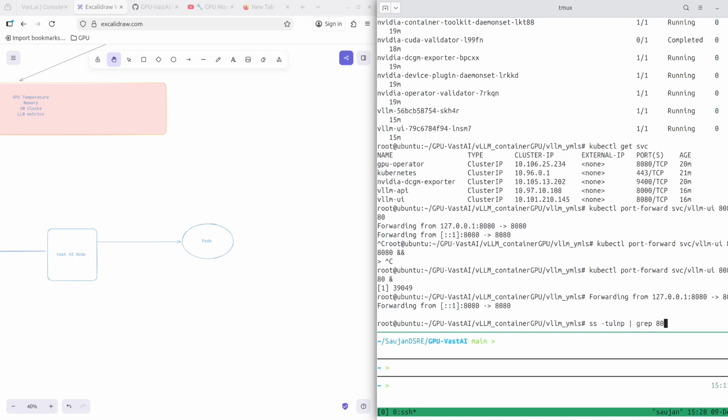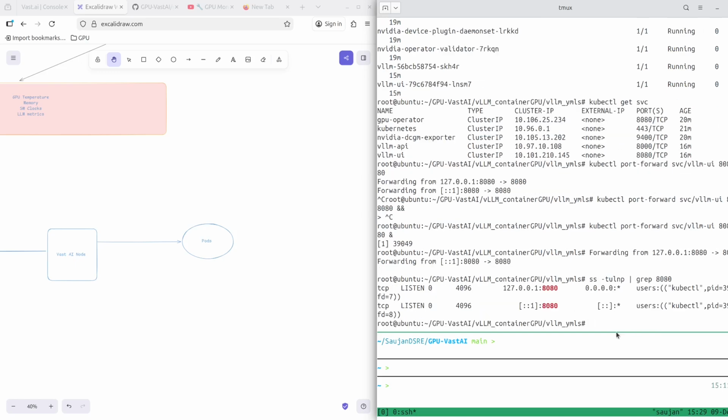And then let's grep for 8080. Okay, so we see that we have an active connection in my localhost, right? 127, that's my local server. We are listening on port 8080. Okay, so now to have access to the vLLM UI, what I need to do is I need to go